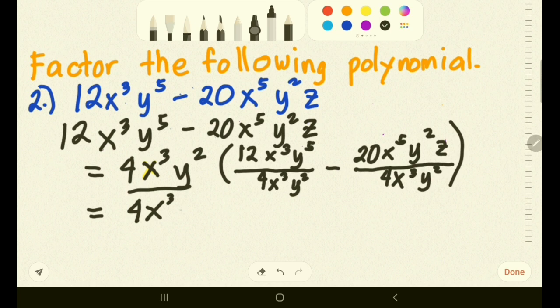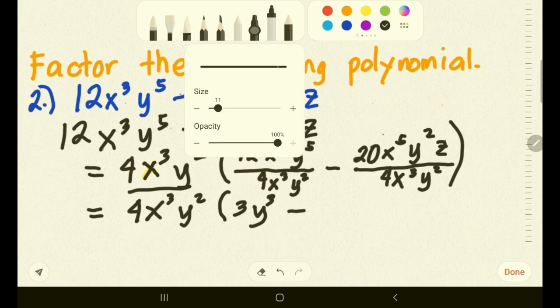4x cubed y squared. Okay, 12 divided by 4, that's 3. x cubed divided by x cubed, that's 1. 1 times 3, that's 3 only. y to the power of 5 divided by y squared. As I've said, just subtract their exponents. 5 minus 2, that is 3. So, 3y cubed, minus